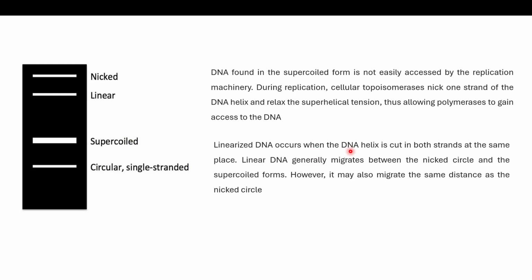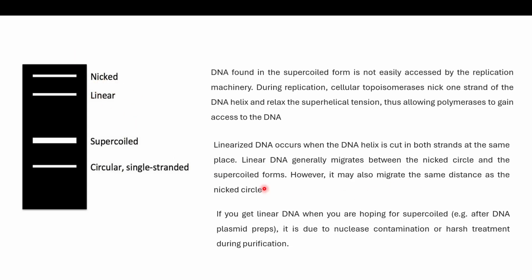Both strands of the DNA double helix are cut at the same place. Linear DNA generally migrates between the nicked circular form and the supercoiled form. However, it may also sometimes migrate at the same position as the nicked circular form. If you usually get DNA in the linearized form when hoping for the supercoiled form, which is the native conformation we are talking about in plasmid preps,